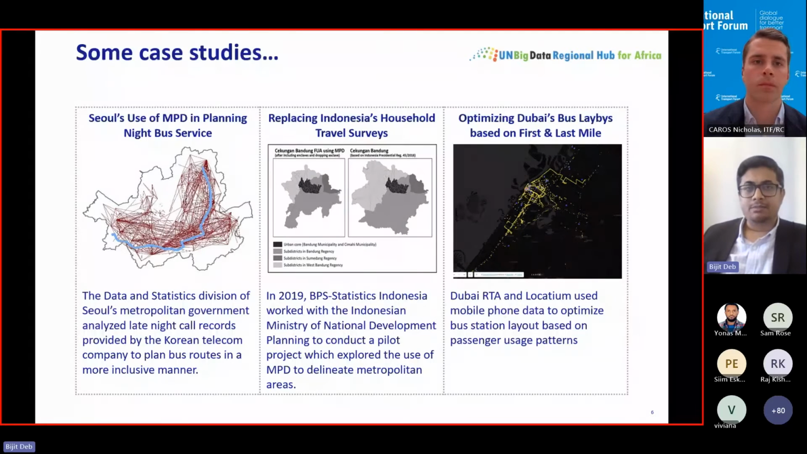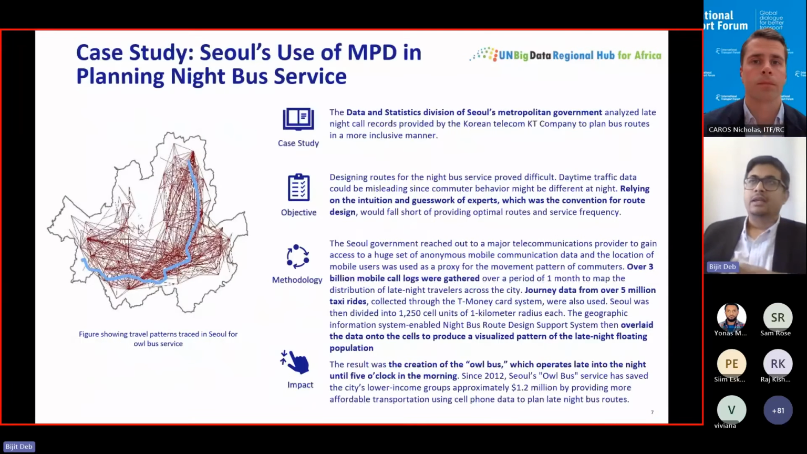The second use case is replacing Indonesia's household travel survey to delineate urban areas. And the third one is optimizing Dubai's bus laybys based on first and last mile. The first use case that we discuss here is Seoul's use of mobile phone data in planning night bus